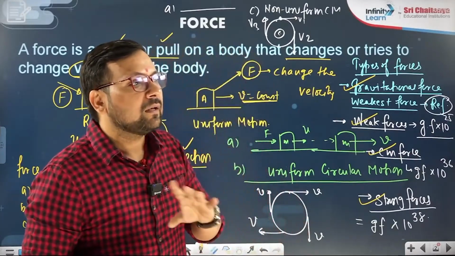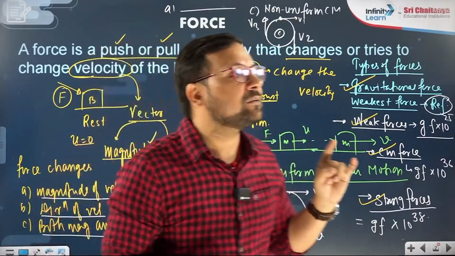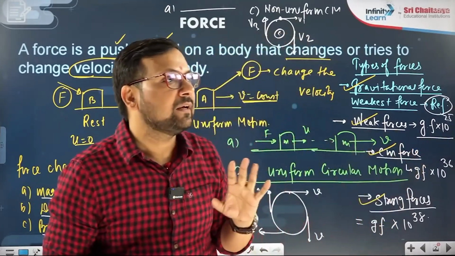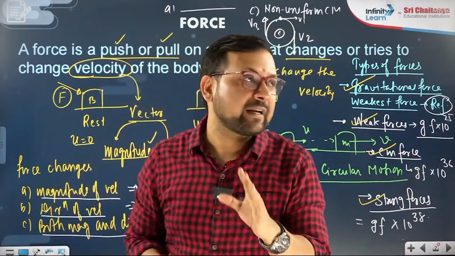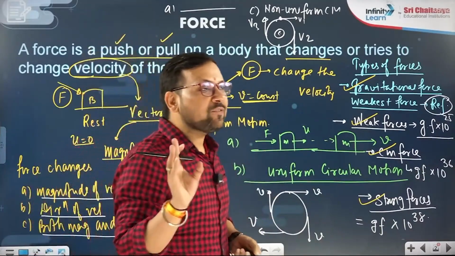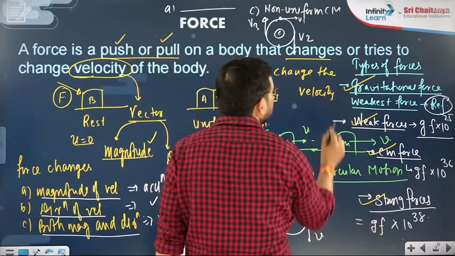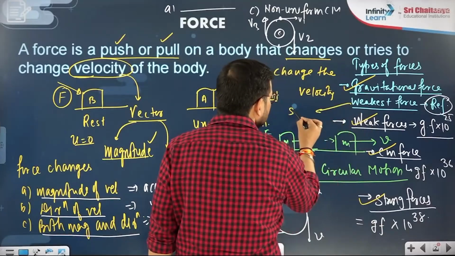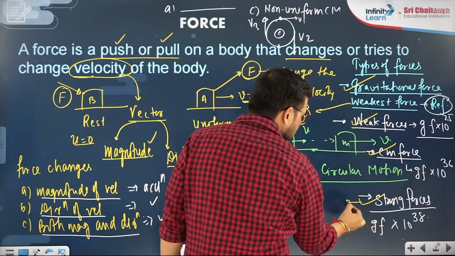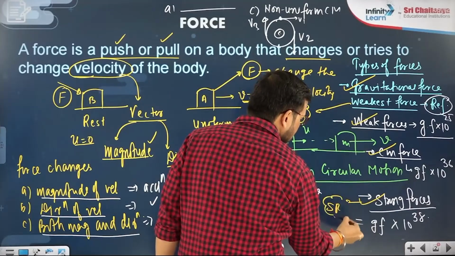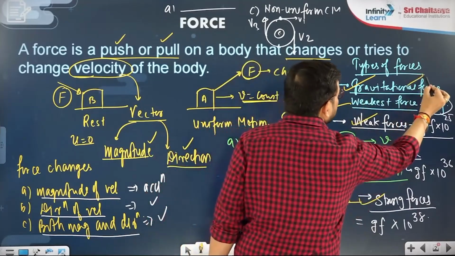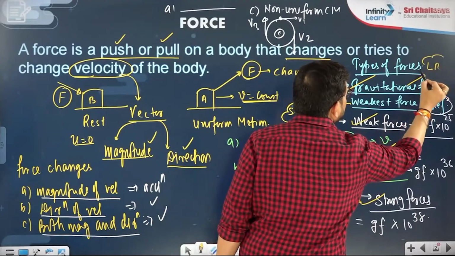Now, chalo, I am not getting any answer. One says strong force, short range. Very good here. Strong forces, short range. But weak force is also short range. Strong and weak forces are short range. This weak force, short range, and this strong force is short range. And these 2 forces, gravitational and electromagnetic, are longer range.